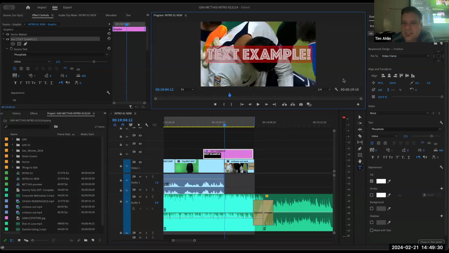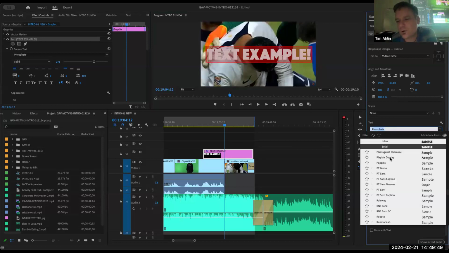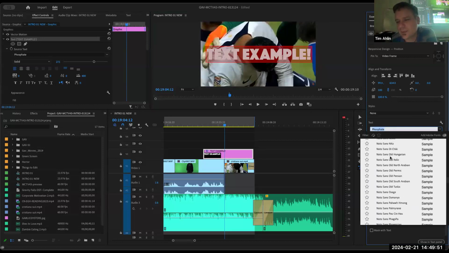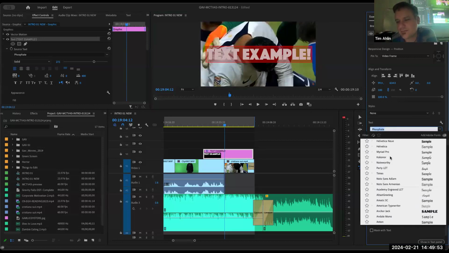Okay, so we're going to select it all. Other elements that we can mess about with here. Well, first and foremost, we did our Phosphate. We also have a font style here, which is inline or solid. Now we can see a solid just gets rid of that line. Now, if we choose a more normal font, like let's go with, I don't know, Helvetica.